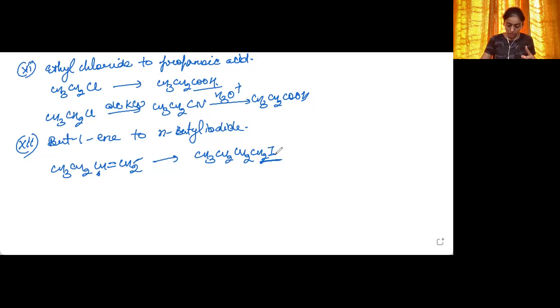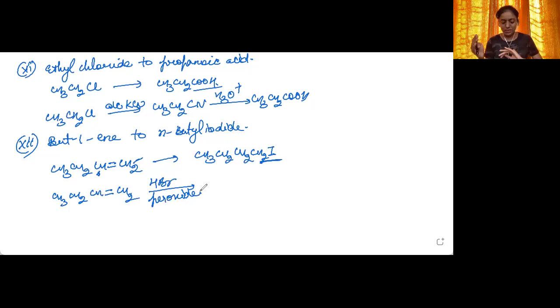Okay, this means we will first be converting this into the N-butyl bromide using HBr in the presence of peroxide. It will be free radical addition, not electrophilic. There is no doubt. I explain these things in my live classes. So here it is the peroxide effect, so it will be the free radical mechanism. All right, now we can just write the product formed.